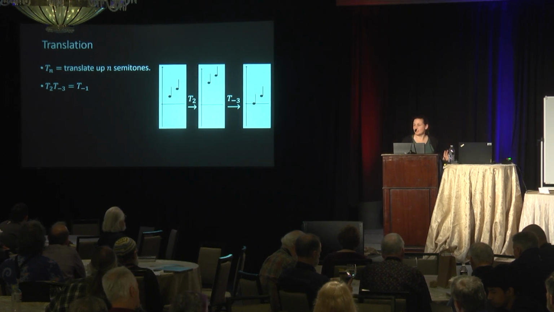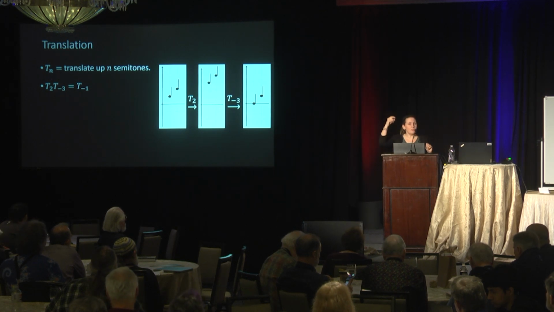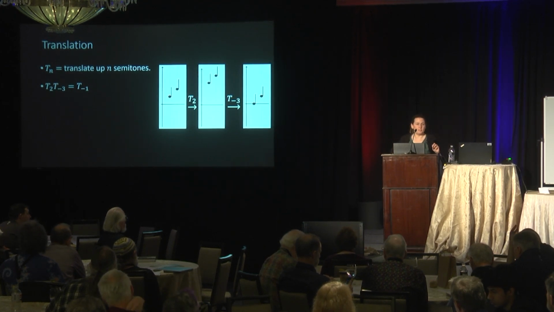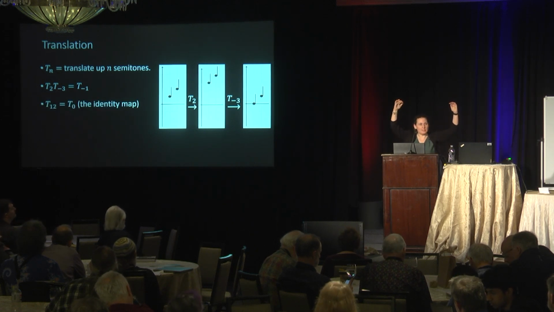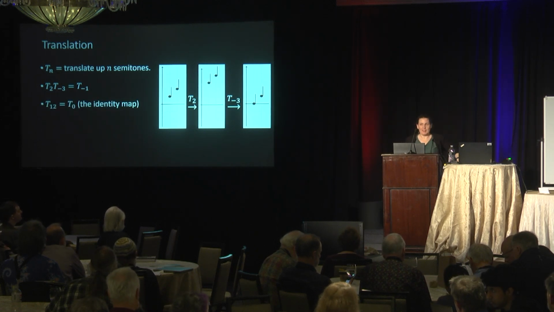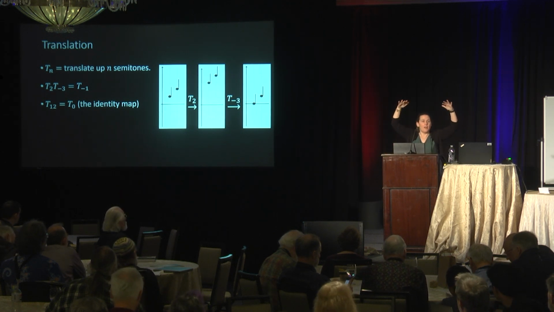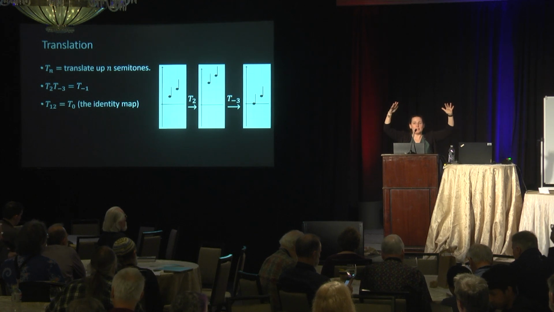How many different translations are there? So you could say infinitely many, and you'd be right, but in the context of tone rows, remember we said we don't care about the register of these notes. So if it's a C, we don't care which C. You can go up or down any number of octaves. We just care about the pitch class. So if you translated everything up by 12 semitones, there are 12 semitones in an octave. Okay? So we've gone up a whole octave. We've just moved the whole thing up an entire octave. We haven't changed any of the pitch classes. It's like we didn't do anything.